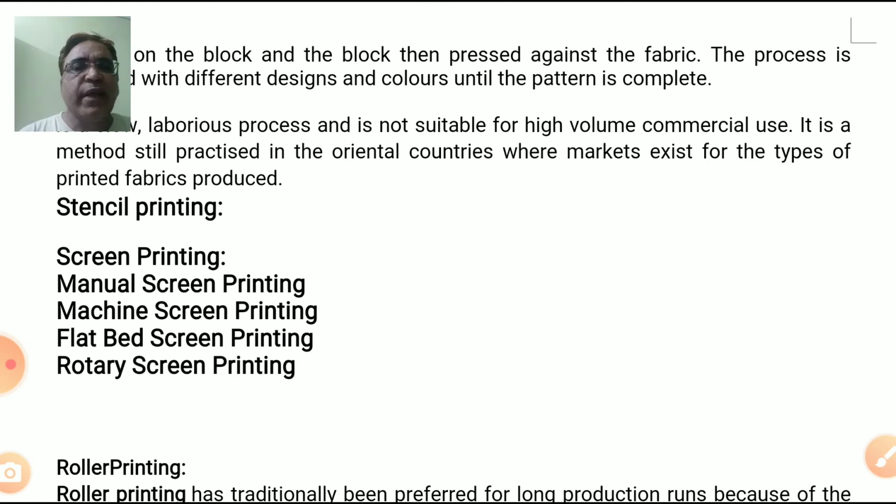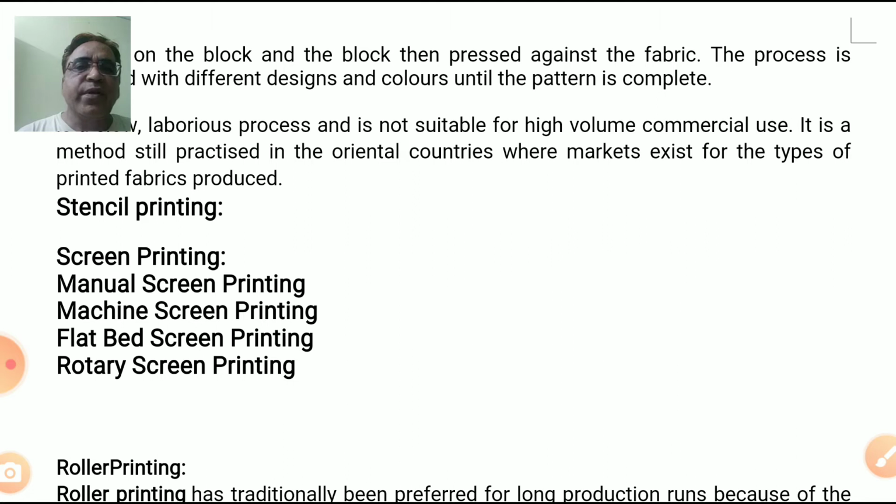So today's screen, which is used in the industry or in the laboratories or anywhere, is an evolved method of stencil printing. So basically we can say that stencil is the history of screen printing. Screens are made from nylon and polyester mesh cloths, and are used for manual screen printing and machine screen printing.